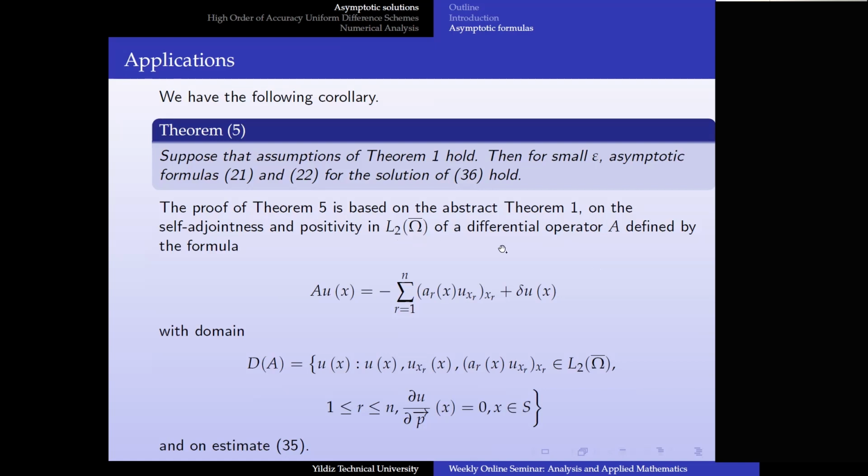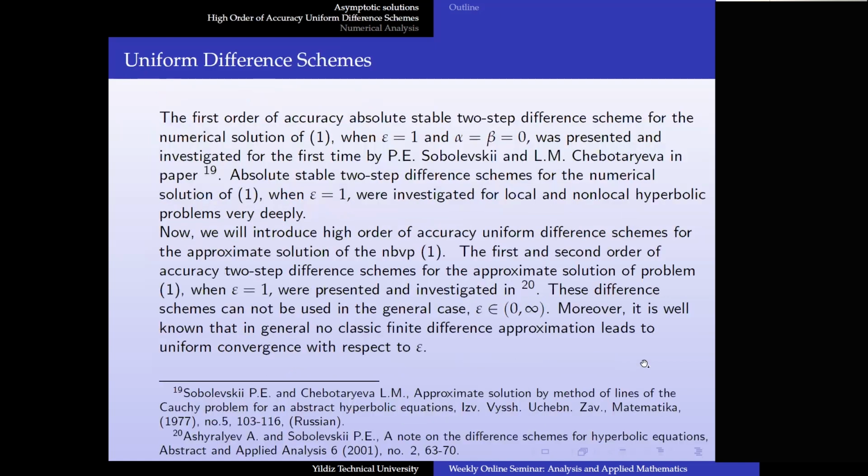In this domain, we have the following operator with the given domain below. So asymptotic formulas are in this form, and now I want to talk about the uniform difference schemes